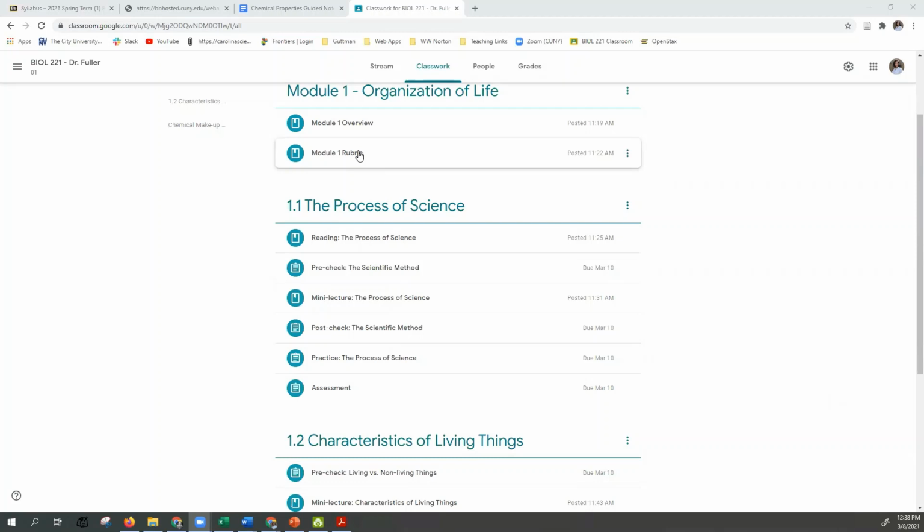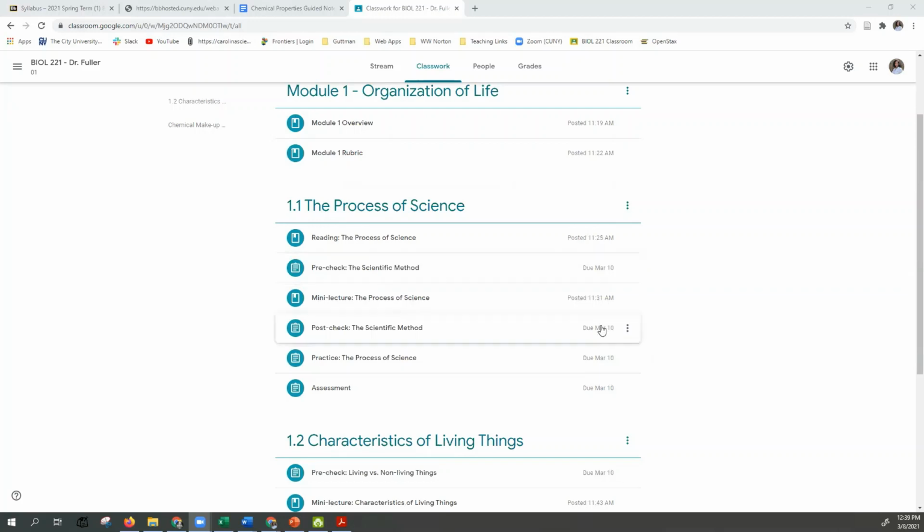If you need to revise anything, I'll leave comments on the rubric and on the assignment so that you can see them. You'll see, as mentioned in the syllabus, as mentioned in the Module 1 overview, there are 3 due dates, and they are the same each week. Assignments will either have a due date, a suggested due date of Wednesday or Friday. Those are the due dates you need to follow if you want opportunities for revision. Revision cutoff is at the Friday due date. So if you want to revise something, you can see here,